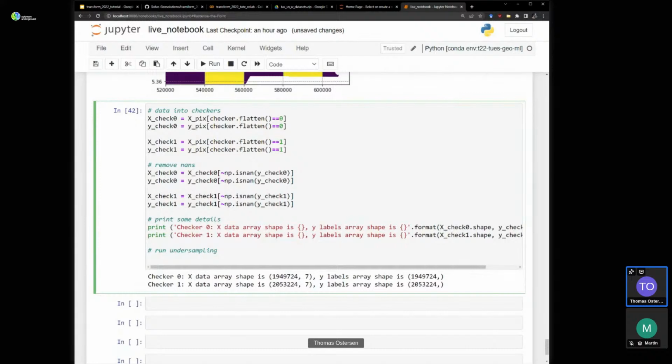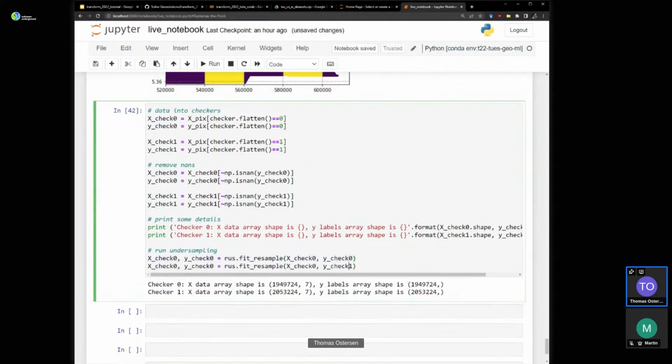So let's go ahead and do that. X check 0, Y check 0 equals RUS fit resample. X check 0, Y check 0. And we'll do the same for this one.